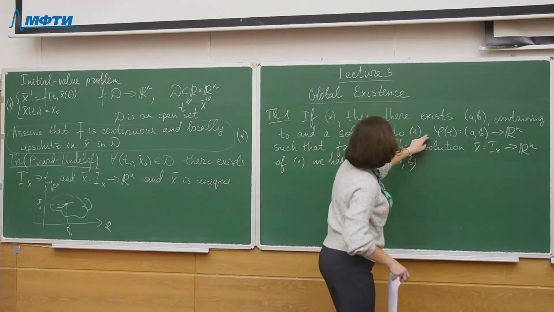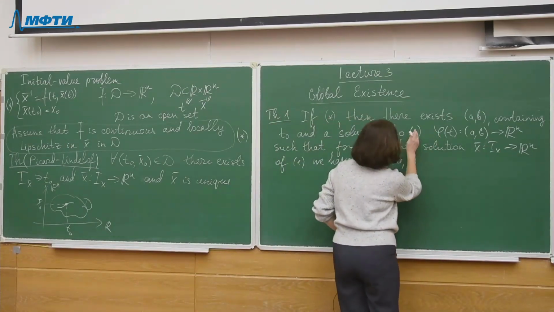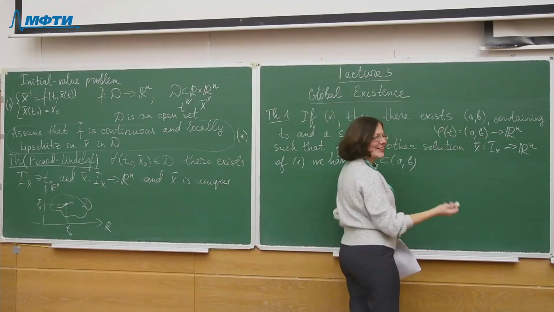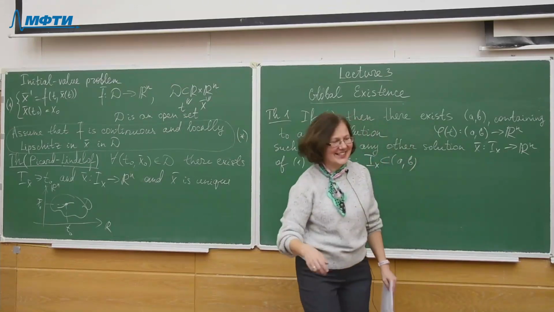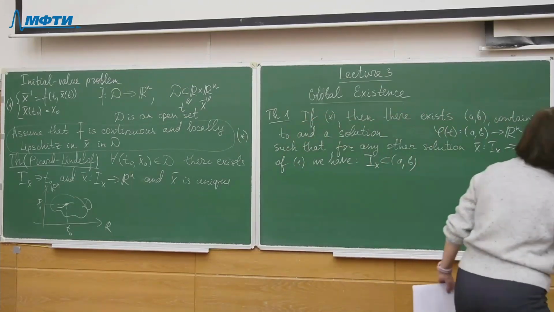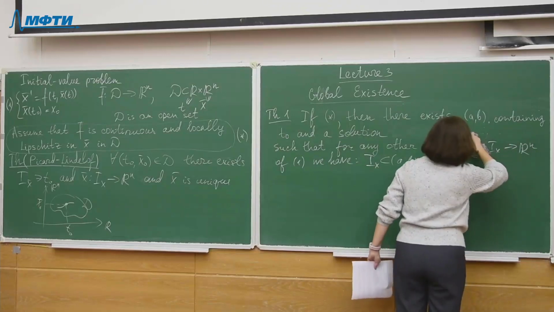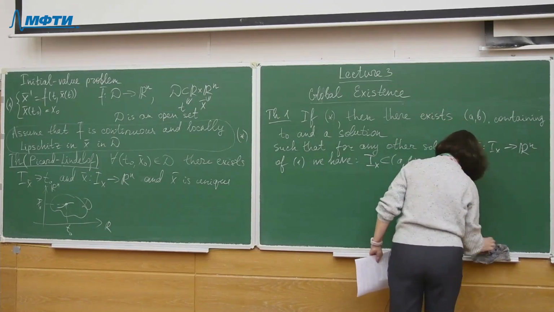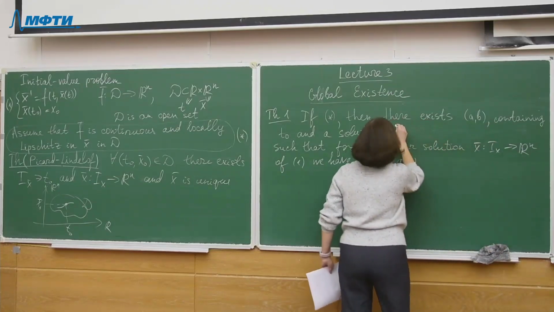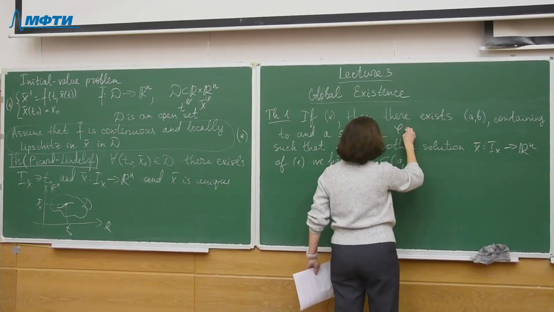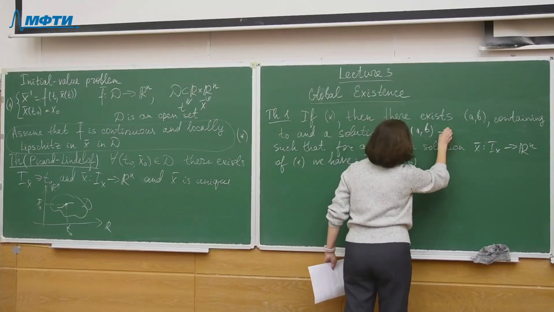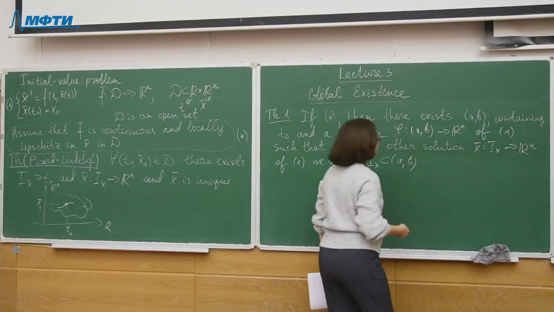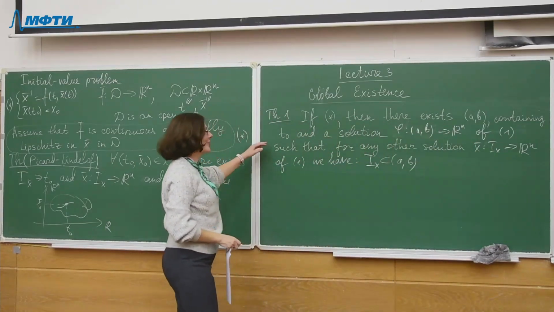Solution to solution, right? So this means solution phi to the initial value. Right, so we should switch the positions, I think. Let it be, so I will improve. I think that it is not correct. Thank you. Solution phi from AB to Rn of the initial value problem 1, such that for any other solution